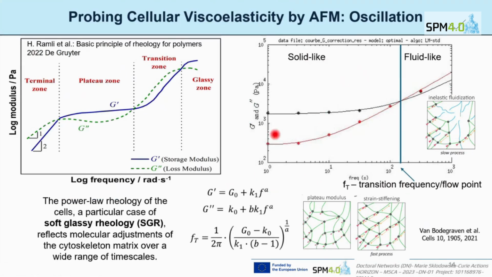On the right, you can see an example of one measurement on a bladder cancer cell. In black, we have the storage modulus. In red, we have the loss modulus. If we compare these characteristics with the graph on the left, you can see that